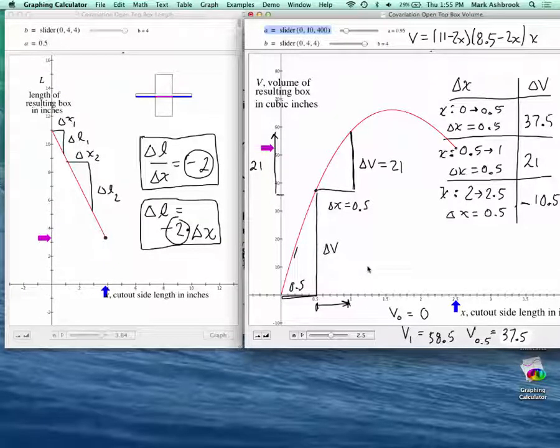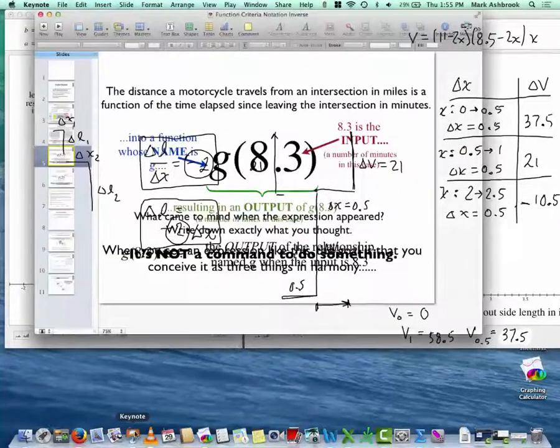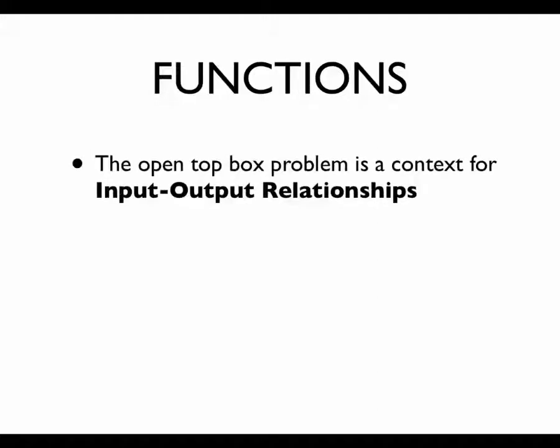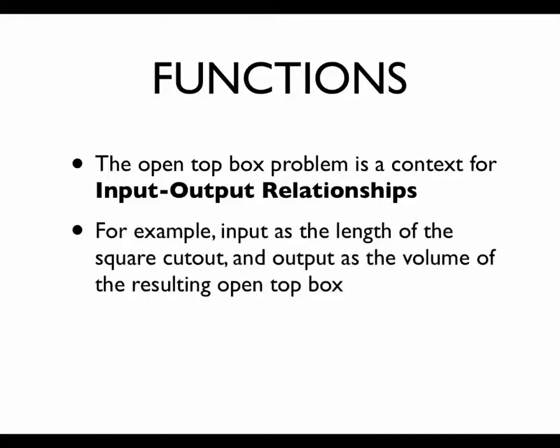All right, so all semester we're talking about relationships between quantities, and we can think of this like input and output. We choose how we cut the squares, and then some other quantity results from that. This is the idea of input and output. So this brings up the topic of functions. The open top box problem is a context for input-output relationships. For example, the input is the length of the square cutout, and the output is the